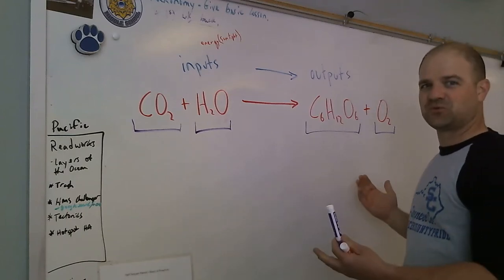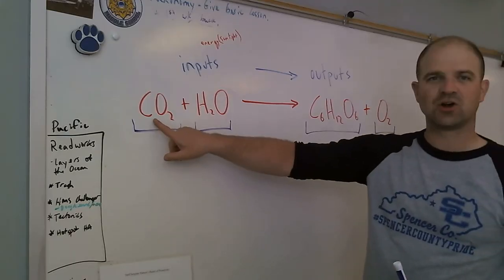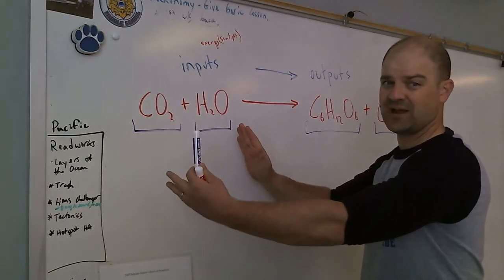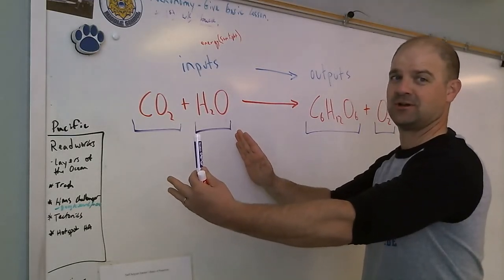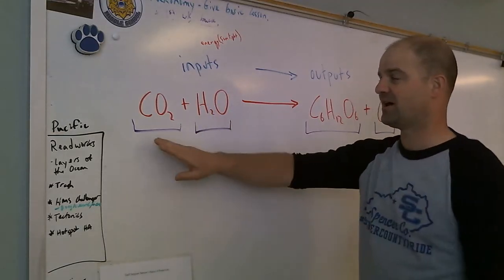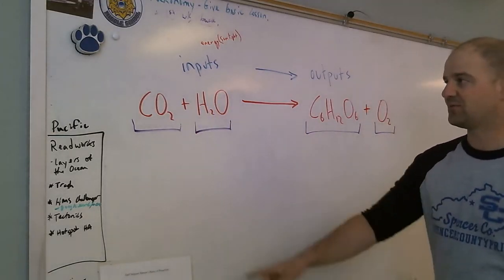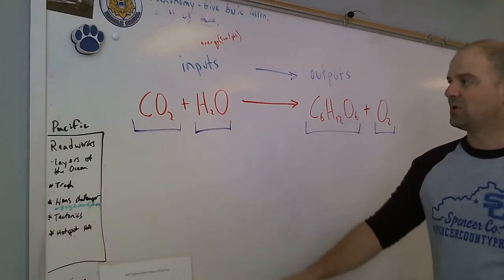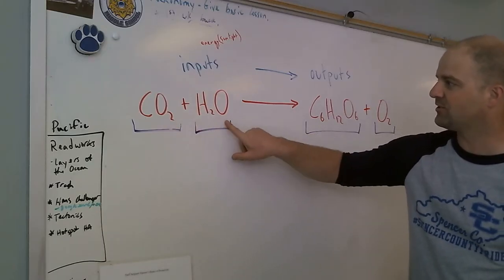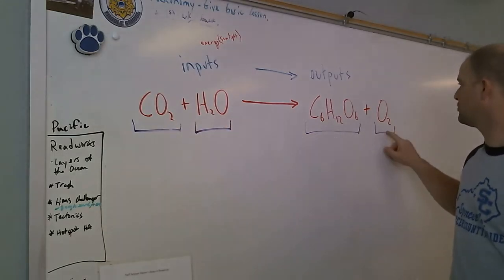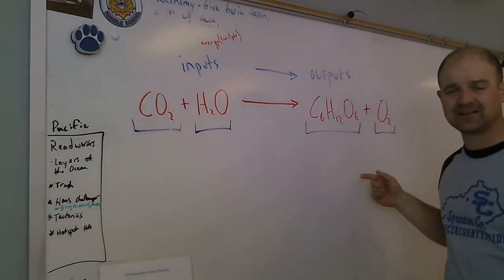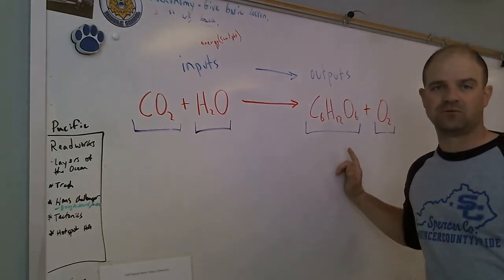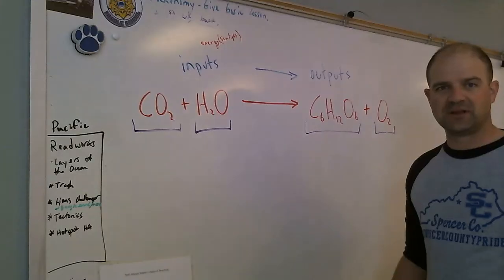So you can see what's wrong here. For example, we have just one carbon atom on this side of the equation. In a chemical equation, you should have an equal number of carbon atoms on each side. We have 1 over here, and we have 6 over here. That's a problem. We also have 2 oxygens here, plus 1 equals 3, and we have 2 and 6 over here, that's 8. Doesn't match. Hydrogen, we've got 2 over here, and we have 12 over here. So what does that mean? It means that this